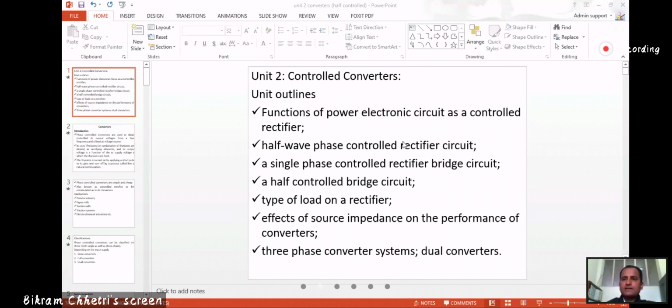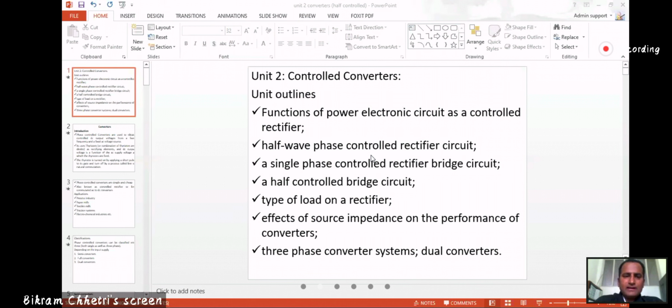In uncontrolled converter, we have used diodes, and similar types of converters we have also done in analog electronics. But at that time you used a normal diode. Now we are using a power diode, and in controlled converters we use a controlling device, especially power electronics devices like thyristor, which is most commonly used, means SCR.